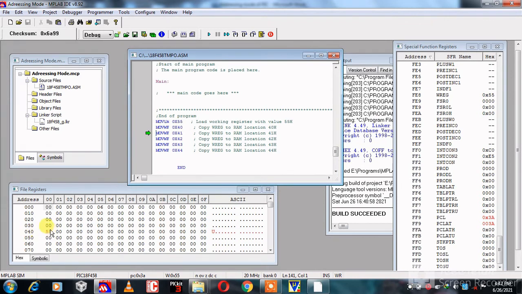This is our data 55 loaded into memory location 0x40. Then after next step, again load 55 to 41H location. This is the 40 and here this is the 41. Then again load 55 to 42 location, then load 55 into 44 location.